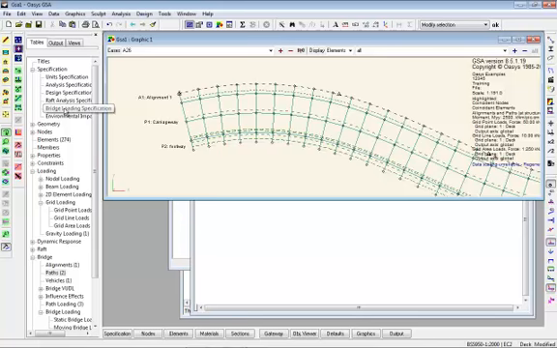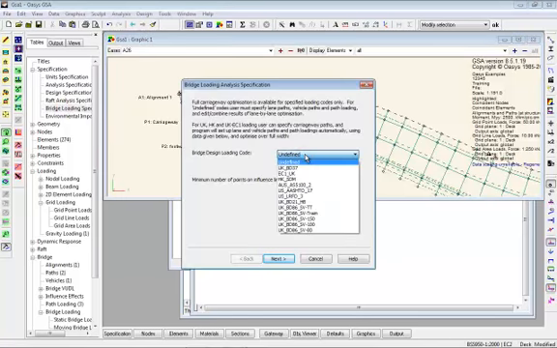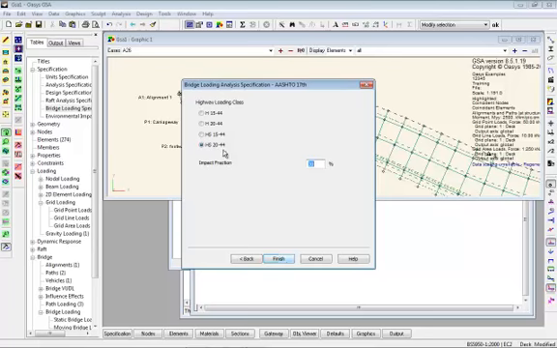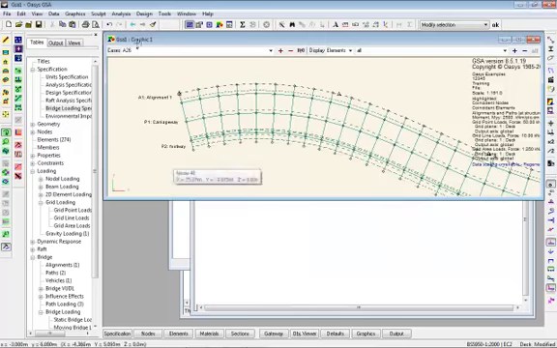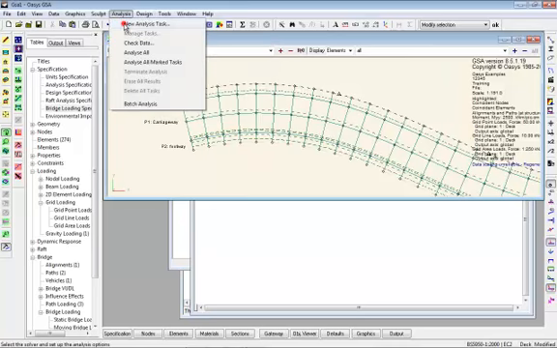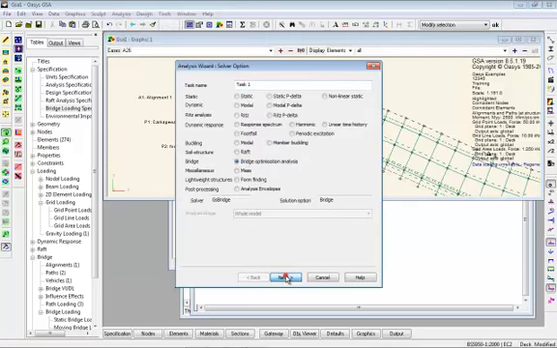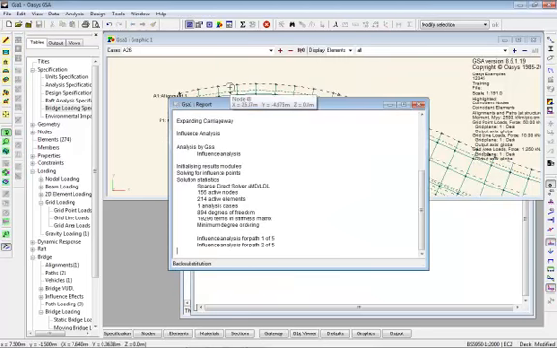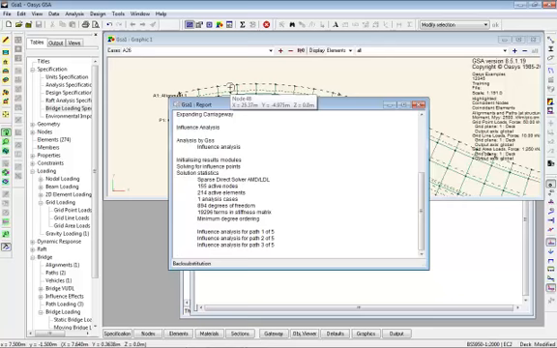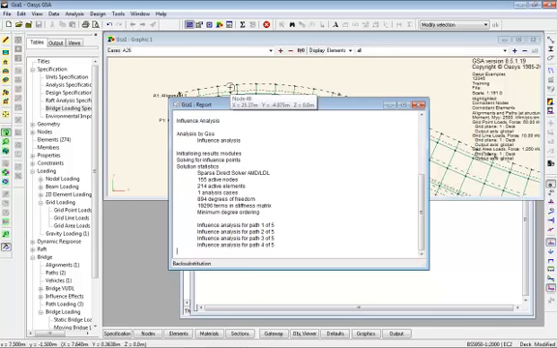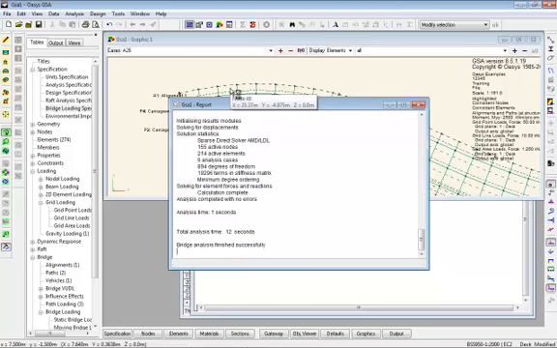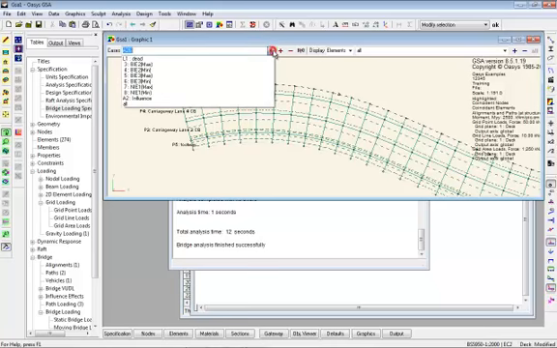For the loading, we just go into bridge load specification and we say we're going to use a particular bridge loading code, various options, and then we just say optimize the loading for me. So it knows the carriageway, it knows the footpath, it knows what loads should go on, where the influence points are, and just automates all those steps that we were looking at earlier to work out the worst cases,